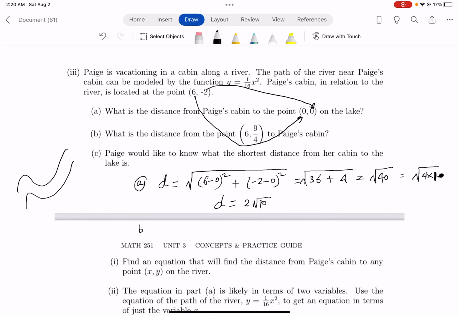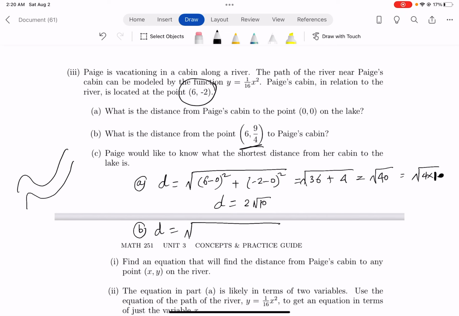So what's part B? What is the distance from this point to Paige's cabin? Now, the distance from here to the cabin. Remember, this is the cabin located here. So we're going to do it like this. Distance,